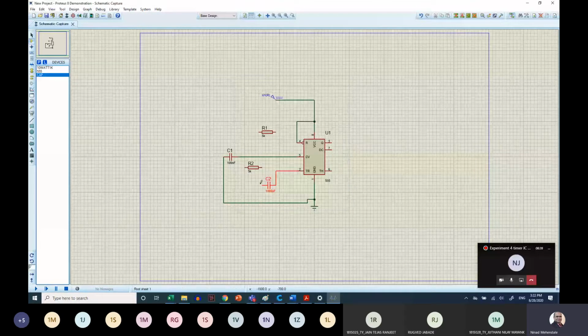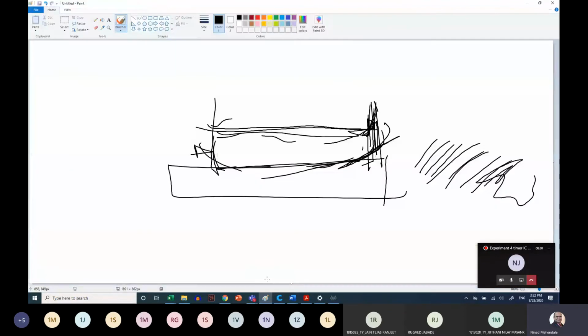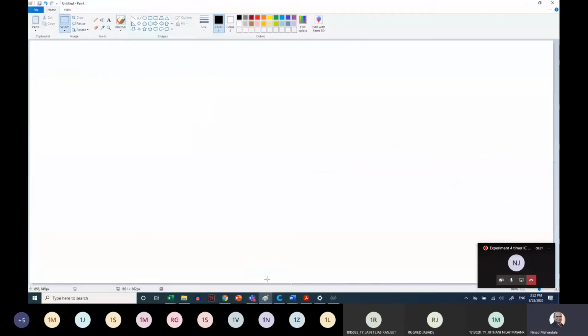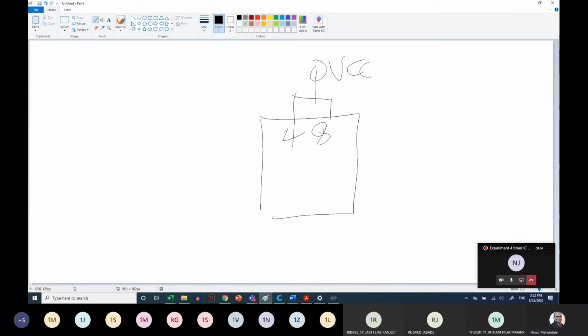Click OK and then take the other terminal to ground. Now, if you see the connection diagram, I will just draw it for you here. Hopefully, I remember IC 555. Even in the lecture slide, I have shown you 555 has 4 and 8 shorted to VCC, which we already did.